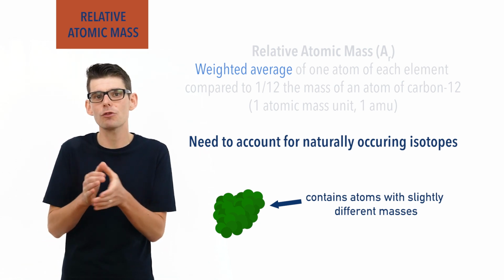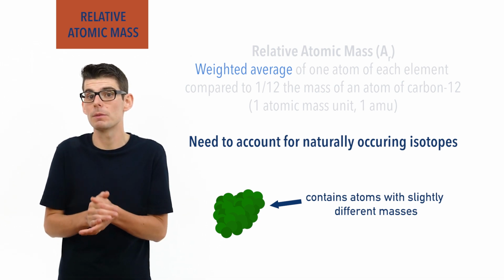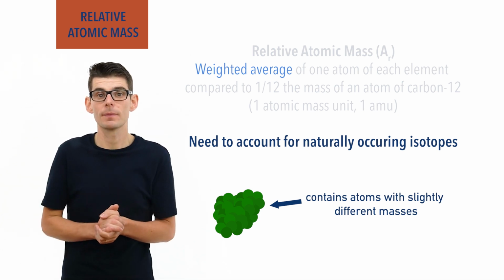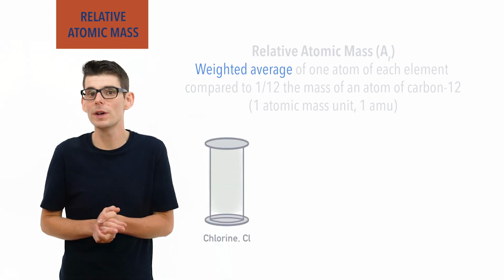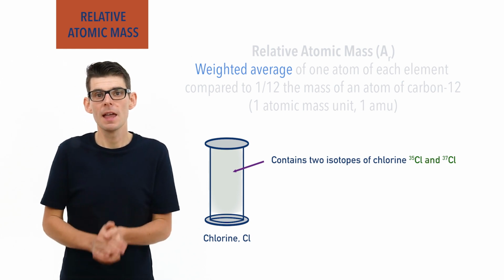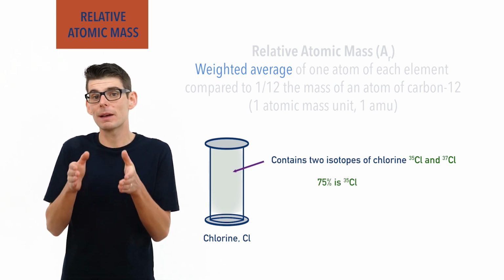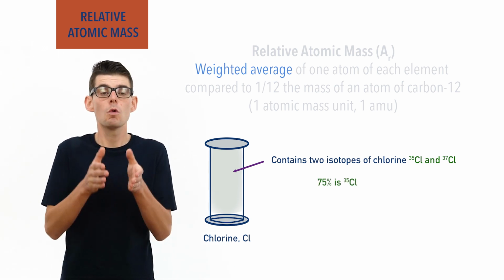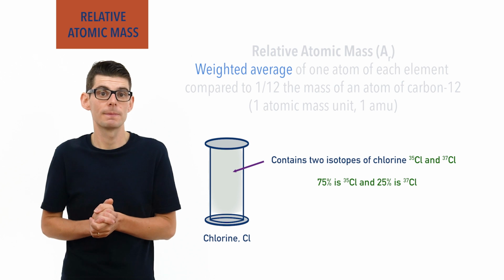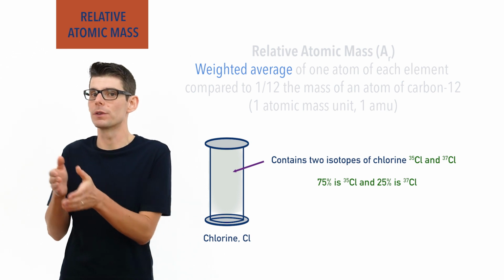The percentage of naturally occurring isotopes of an element should always be the same, meaning regardless of how much sample you have, the weighted average of all isotopes should be the same. For example, a sample of chlorine will always contain atoms of two isotopes, chlorine-35 and chlorine-37. The amount of chlorine-35 isotope in the sample will be 75%, and the amount of chlorine-37 isotope in the sample will be 25%. These are sometimes referred to as percentage abundances. The average relative atomic mass of all the chlorine atoms then will be 35.5.